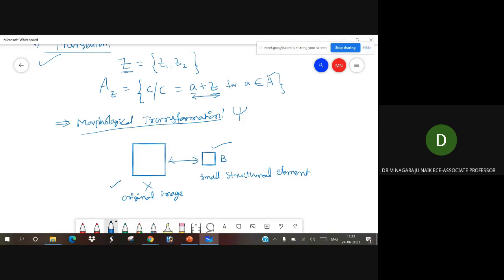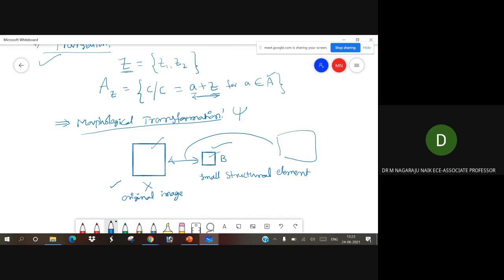So that will combine these two and translate to this one. So this image is convolving with a small point or with another small structural element, then it will transfer to the new location.